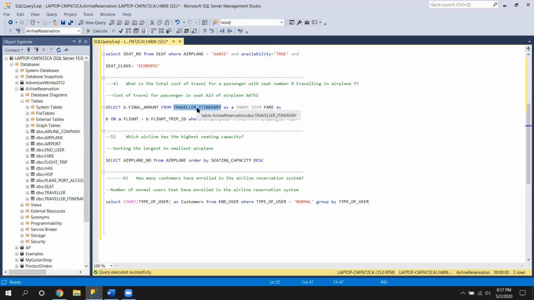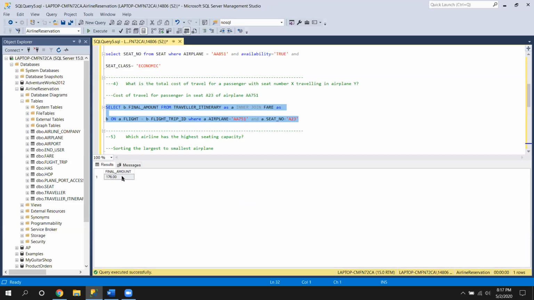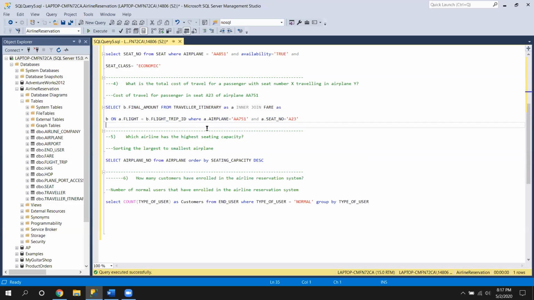From the travel itinerary table we get the airplane and the seat number, and from the flight table we get the flight trip ID. We join these two tables and get the final amount from the flight table.